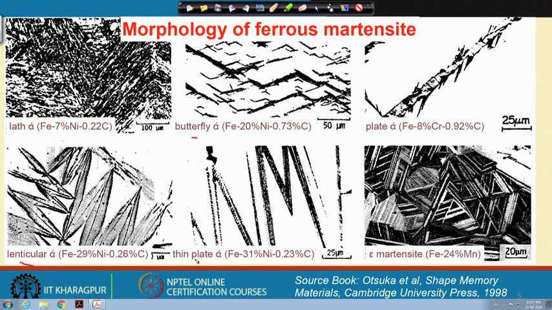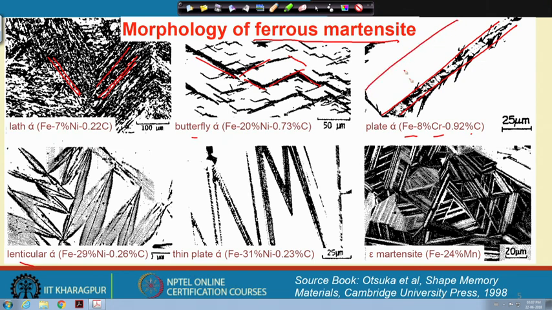And here I show you the same 4 major types of martensite phase that form in case of ferrous martensite, and those are well known. Let us say some of the features you can see here, these are the lath type. A lath is a very common feature of the martensite, and here it just looks like a butterfly type of shape. Okay. And now, the plate type of martensite is also common in case of this iron chromium alloy,